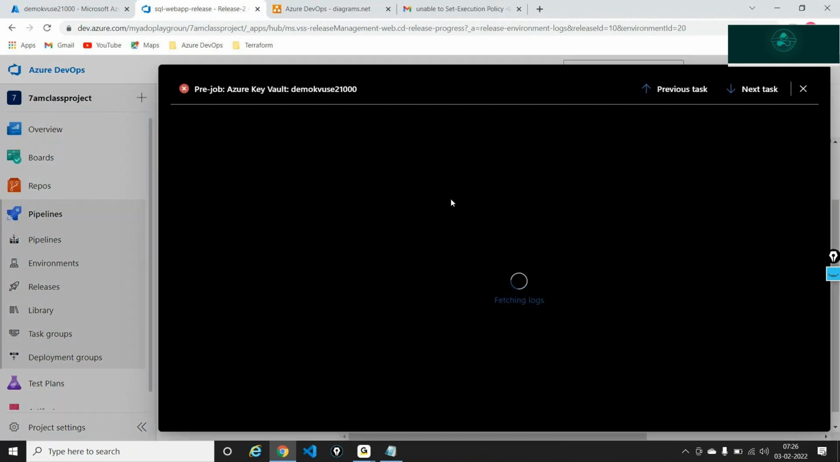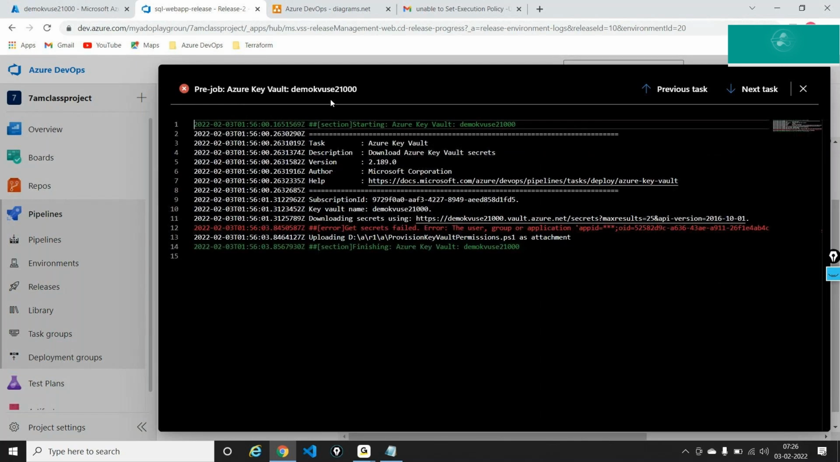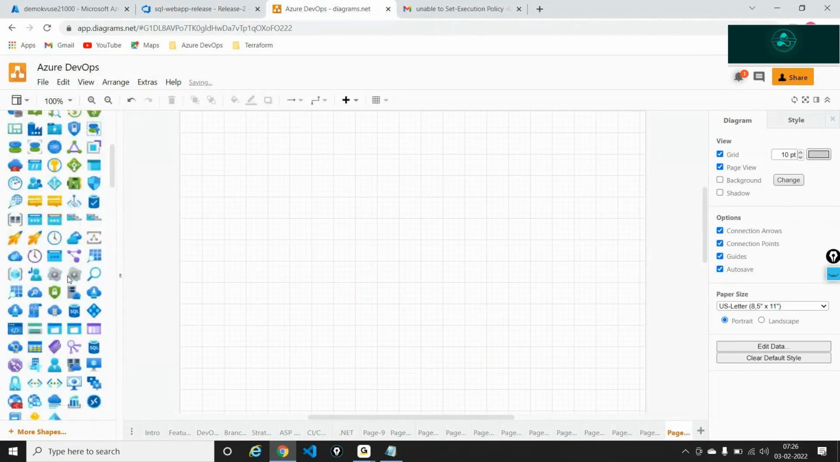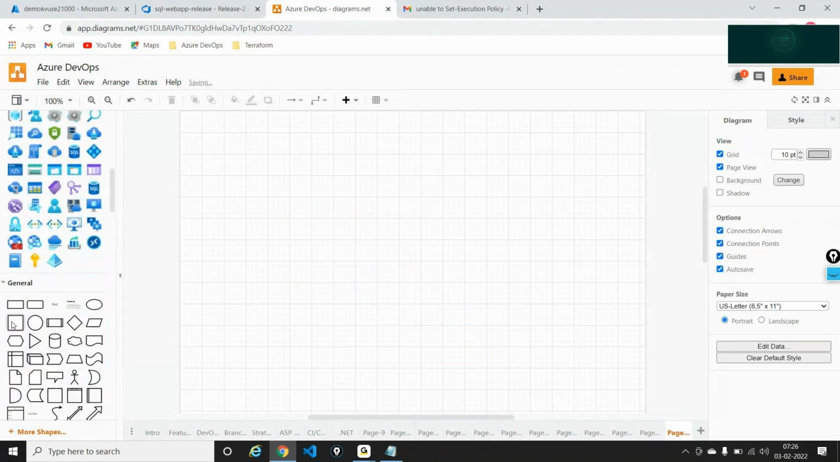It said pre-job Azure Key Vault, and what it was trying to do is download the secrets from this particular vault. So it is calling the vault. My Azure DevOps pipeline is making a call to the vault. So this is what is happening. I have the Azure DevOps task, I have the Azure DevOps pipelines here,